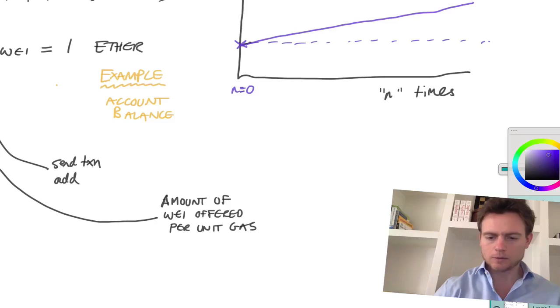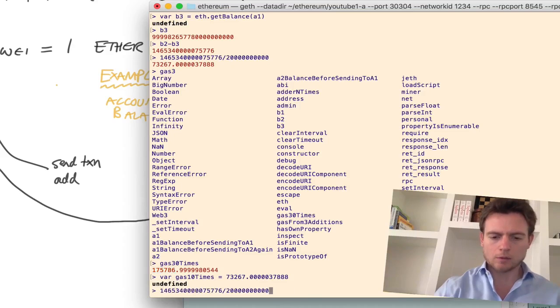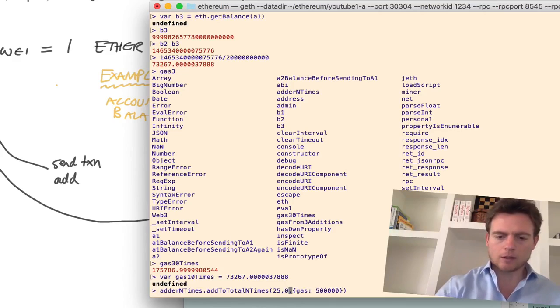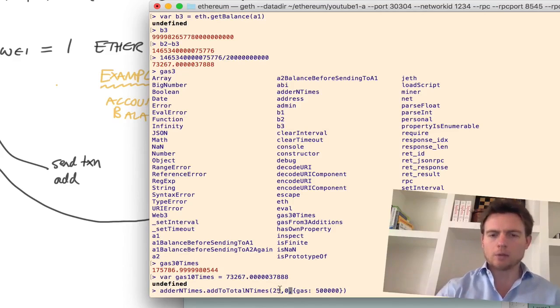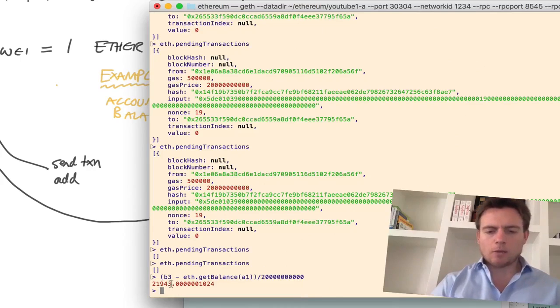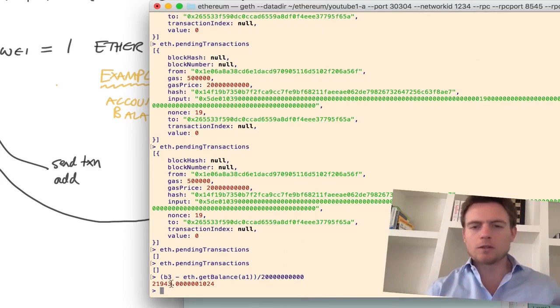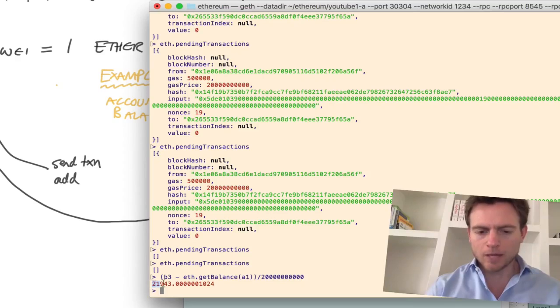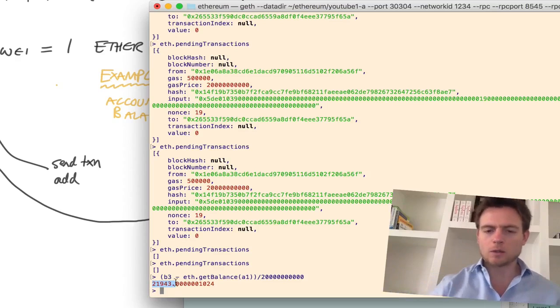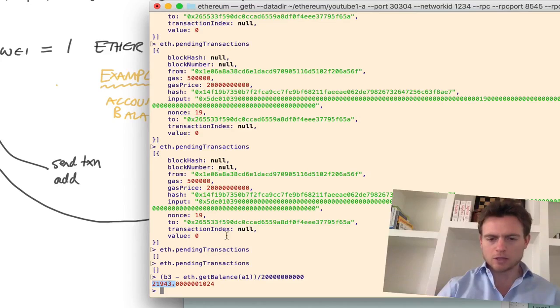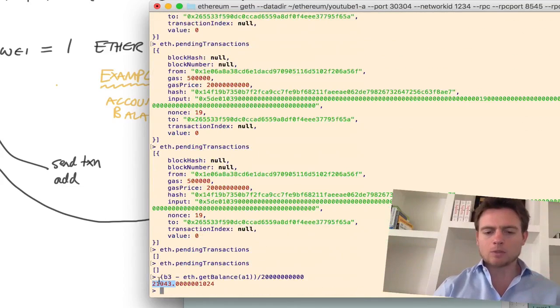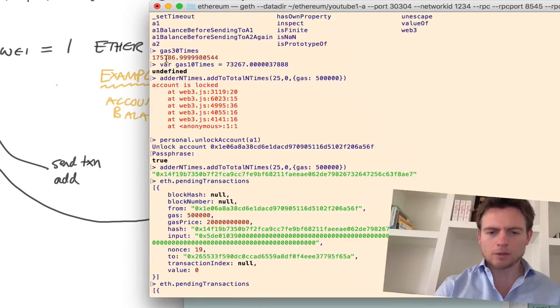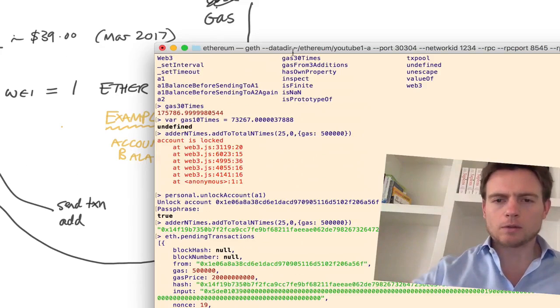So if we go back to the terminal and specify n equals 0, so add 25 0 times. If you remember, when we were just sending ether from one account to another, doing nothing to do with contracts, the gas was around about 21,000. Which is really interesting. So 21,000 is the amount of gas that it took for this transaction when we're not looping round at all, because we specified 0 as the number of times to loop round. But still we incurred 21,000 gas. And then the other values were 175,000, and 73,000. So if we go back to the graph,